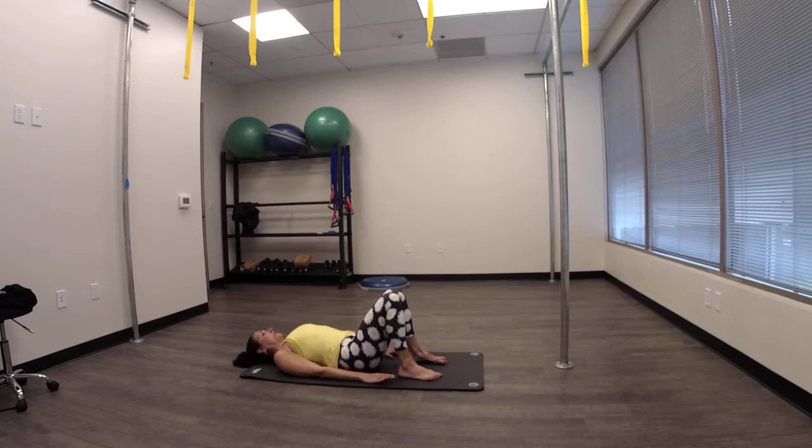Fingers reaching long. We're going to start with the pelvic tilt. Big inhale. Exhale, scooping out the core. We're not lifting off the mat. We're just pressing the low back gently into the mat and then reach the tailbone. We want to get some flexibility in the low back. Tailbone, scoop,